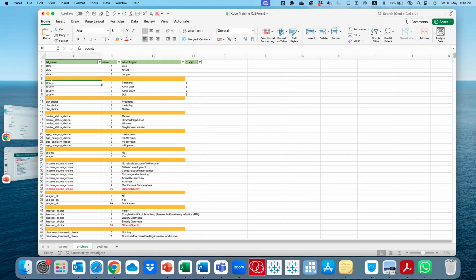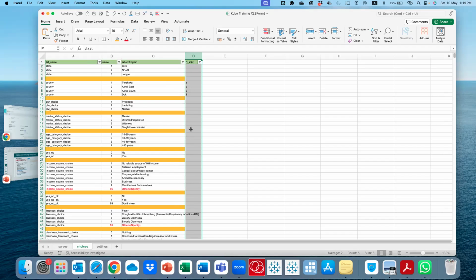And then when you get to county, we know that the project is in Terekeka, Aweil East, Aweil South, and Duk counties, right? So you'll want to code this separately. Terekeka is coded as 1, Aweil East as 2, Aweil South 3, and Duk is 4. This is another thing that you can do, which is cascading some of your responses.